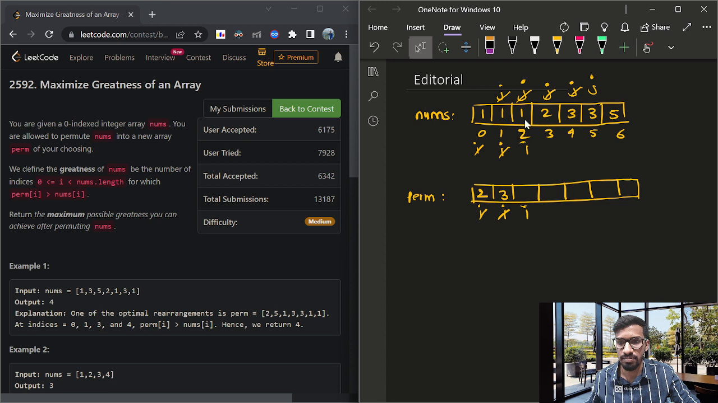Again we start the comparison. क्या nums[j] greater than nums[i] है? Yes. So we put nums[j] at index i and do i++, j++. क्या again nums[j] greater than nums[i] है? Yes. So we put nums[j] at index i and do i++